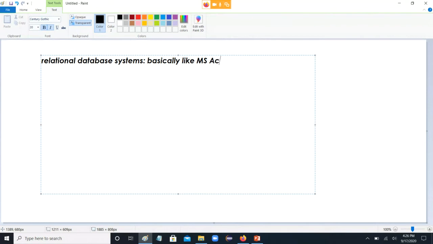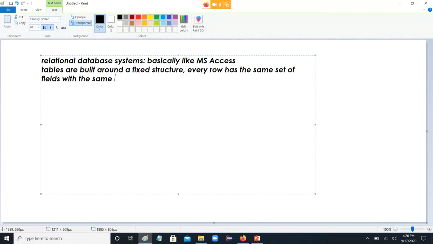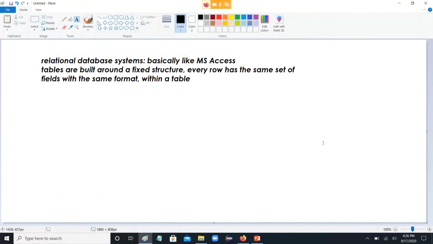Basically like MS Access. So what do we know? Tables are built around a fixed structure. What we mean is that every row has the same set of fields with the same format within a table, right? And this is what you do in Access. So you set up the table to have so many fields. For any record in that table, the fields will all have the same format, every row will have all of them. Okay? What this does,